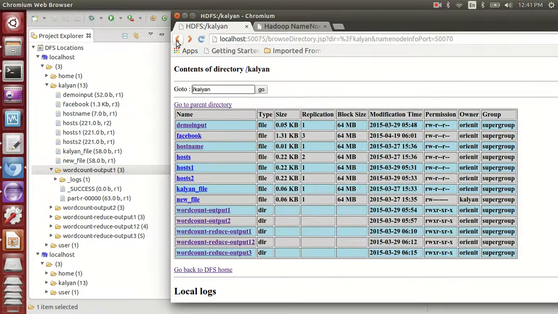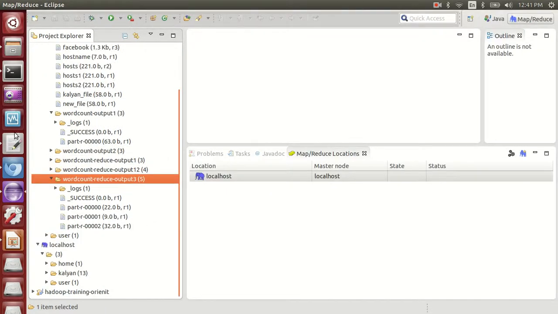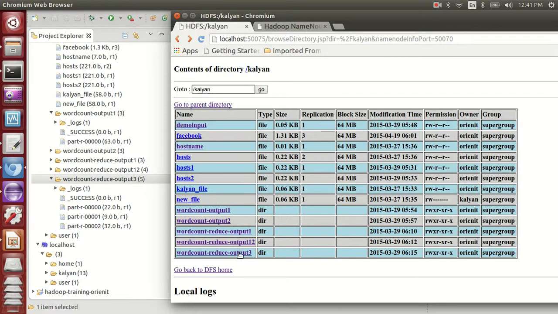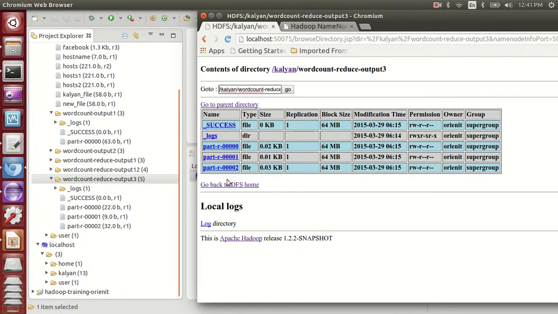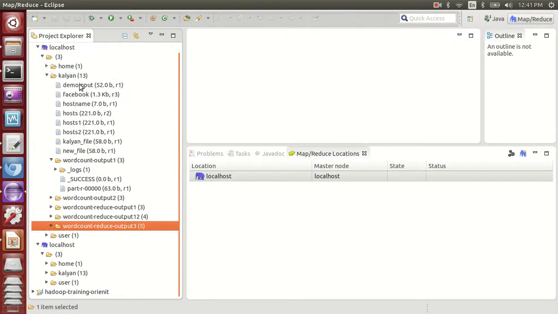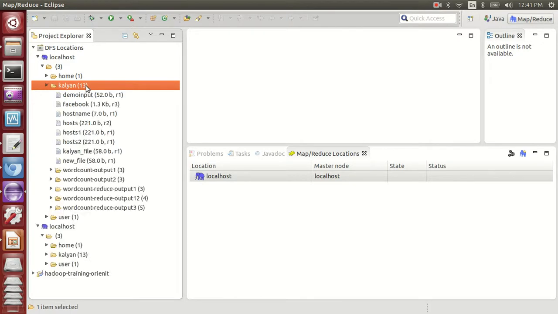Let's come back, and if I double click on output 3, you can see the information here. It is also listing out how many files and folders there are, everything. I have file information, 5 files, 1, 2, 3, 4, 5, the same information. You have an option also to verify. You are just having a functionality through Eclipse itself that we can access. This is one of the functionalities given.